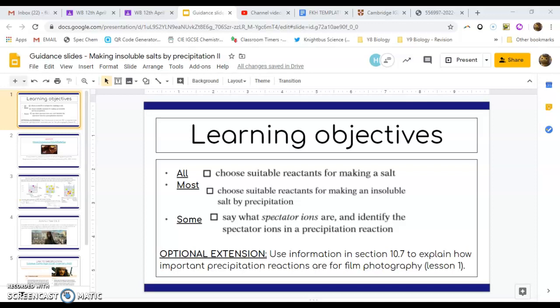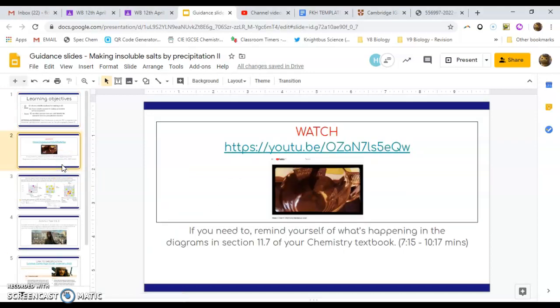The optional extension work was available in lesson 1. So if you finished this work and you haven't finished the optional extension work, you will have a chance to go back and have a go at that extension work, which is to link this to the application of film photography. So what you'll need to do is you'll need to watch the